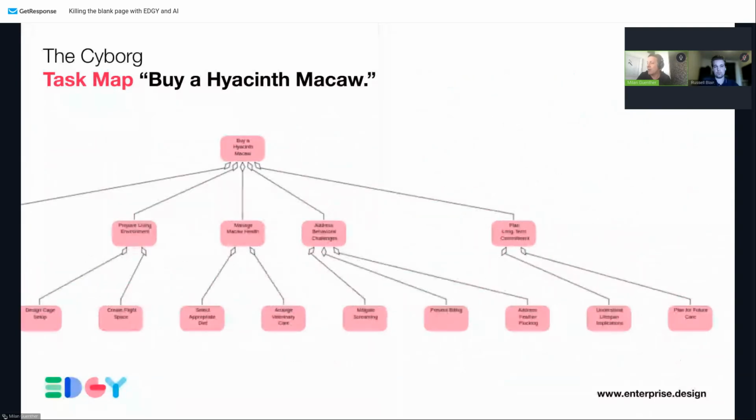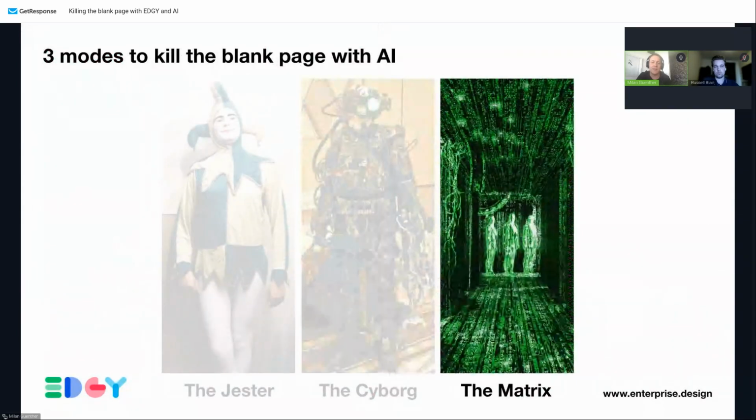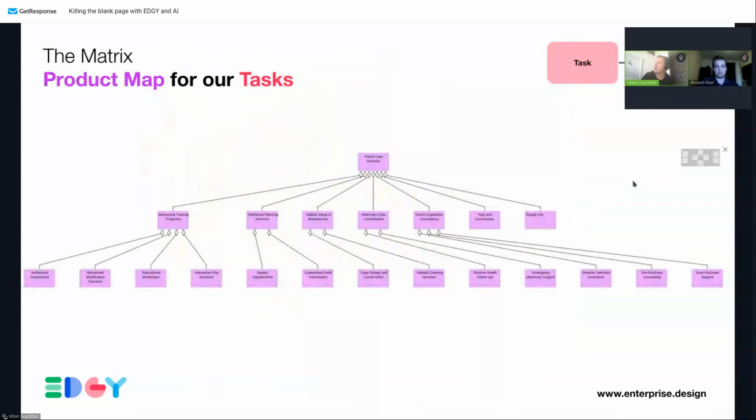But what if we extend on this and we go full matrix? So now we are actually making use of EDGY as a way to reframe the perspective on this task, and we go into the enterprise design. So what would it take to design an enterprise to serve this need, to serve this customer task that we have identified? Because we know people want to buy these birds. So we go from task to product, and we ask, make a product portfolio, make a product map